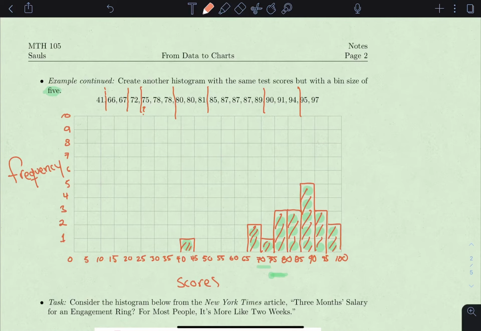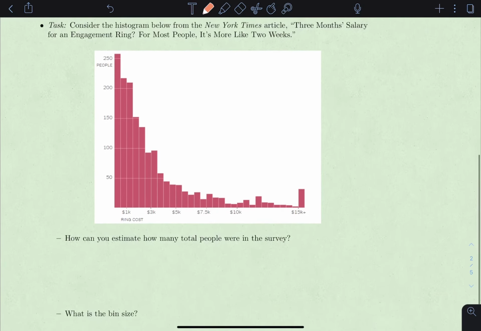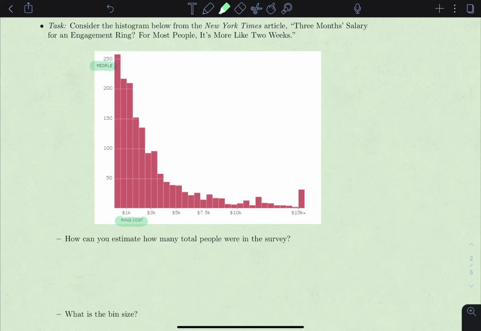So now let's look at a histogram that was in an article called "3 months salary for an engagement ring." For most people, it's more like 2 weeks. And we can read from this histogram, we have some numerical variable, the cost of a ring, with values spread out along the horizontal, and then the total number of people, which we've been calling frequency, is measured on the